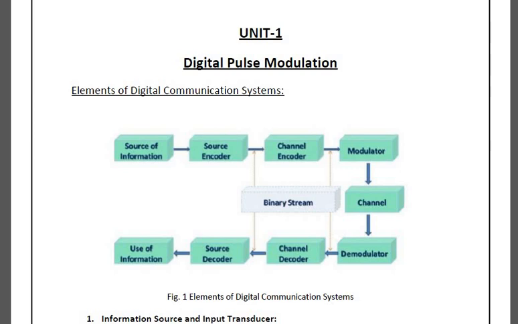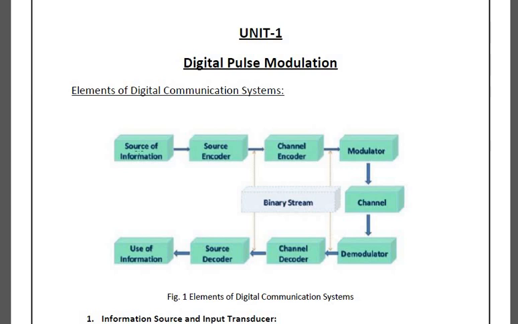So in the information source, what are you going to do there? Whatever the information or data that you have, the analog signal, has to be converted into digitalized form, then it has to be transferred. So as to transmit the data, my voice signal has to be converted into digitalized form. That conversion is done in the source information, then that is given to your source encoder. Now what elements are present in the source encoder, that I will discuss today in this class.